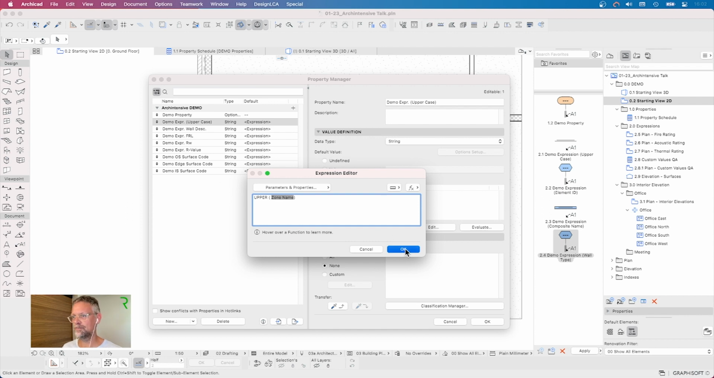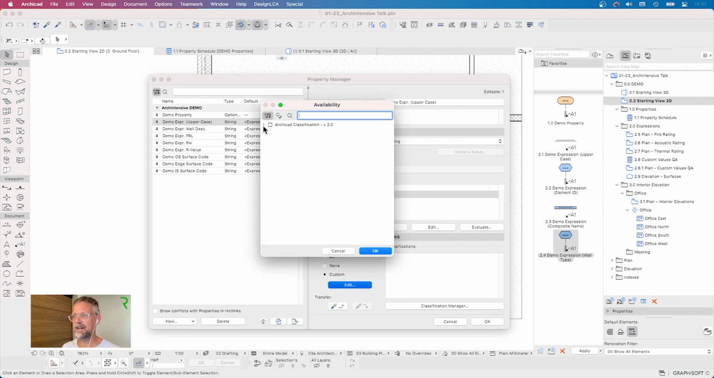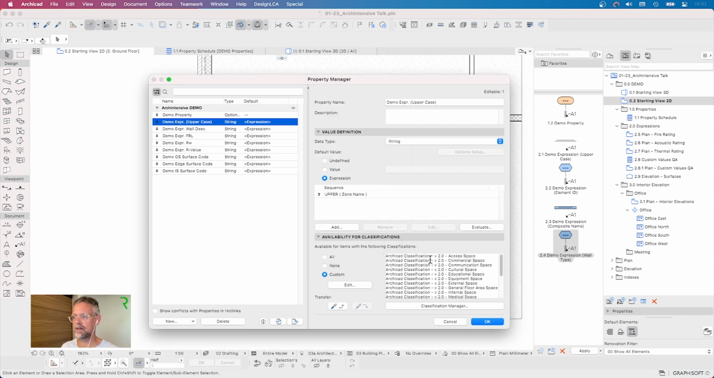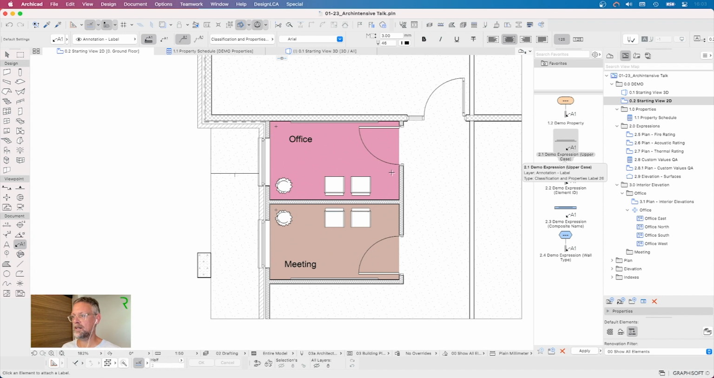So if I click OK, next step, important step, let's assign it to classification. And again, we want this to be not walls this time, but spaces. And I'm okay with all internal and external spaces. So we click that, we click OK, and we go OK. Okay, so let's now do that. I've created a favorite over here that's going to kind of work. If I click